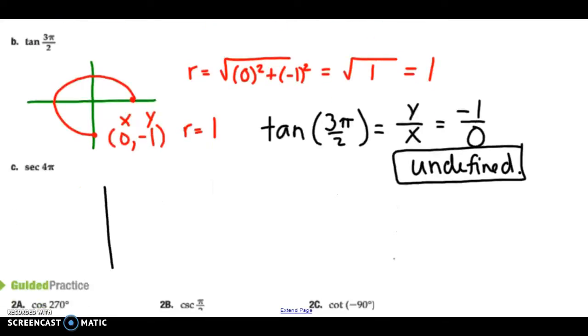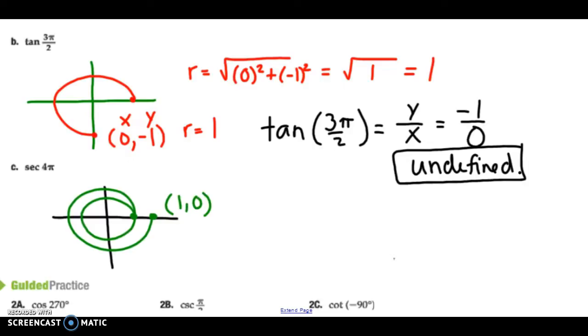Alright, finally the last one, secant of 4 pi, excuse me. So I start here, I go pi, 2 pi, I go again, 3 pi, here's 4 pi. So where's my point right here? This is going to be the point (1, 0). X, y, I just told you that r is always going to be 1. So if I look at that one right there,